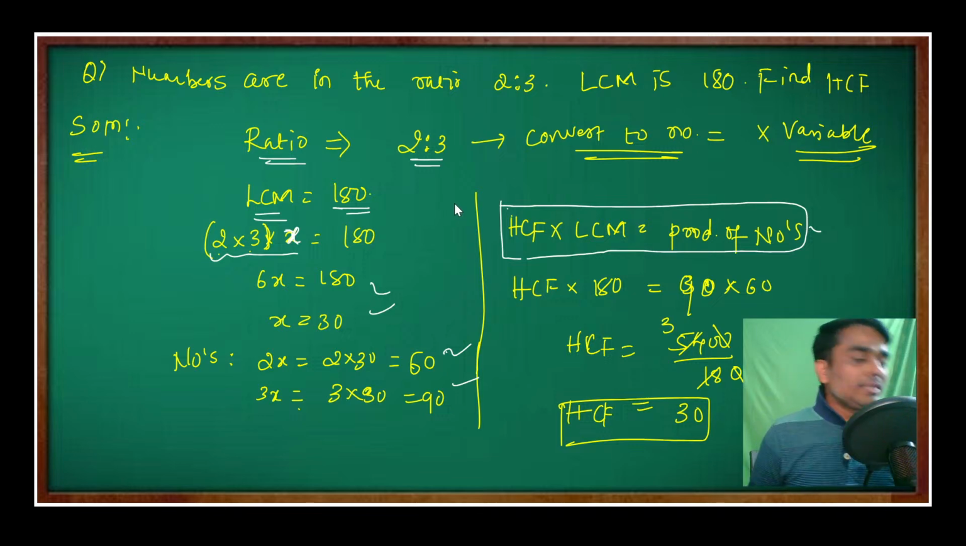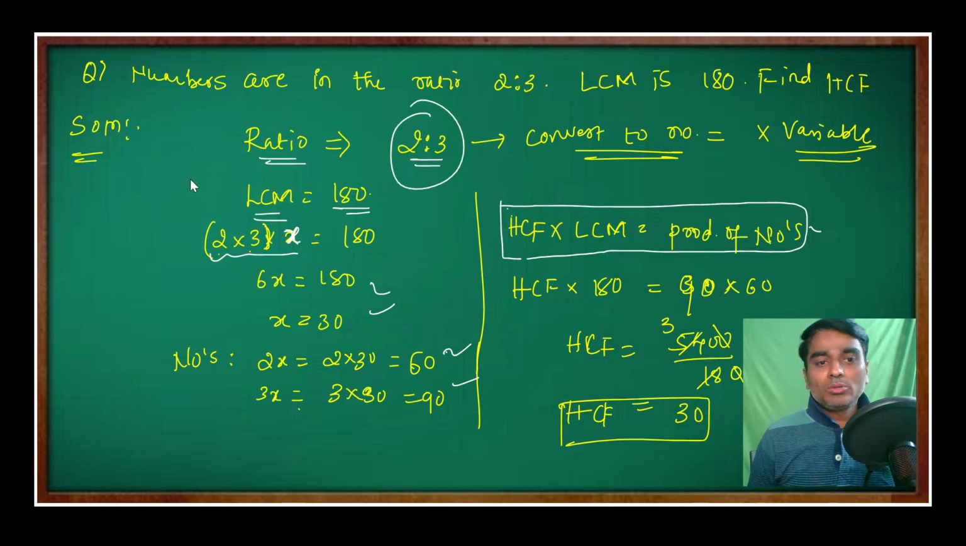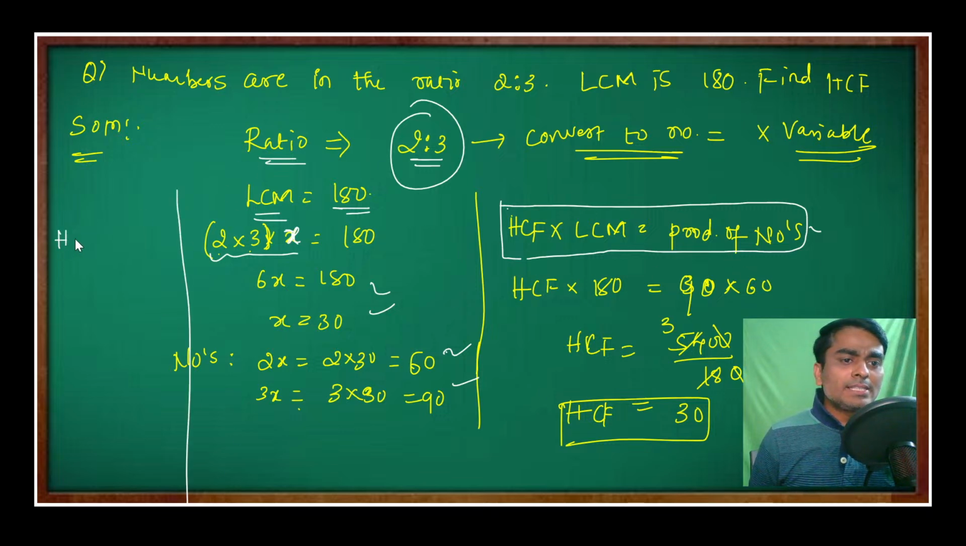Say, for example, this question is given for 1 mark. Just for 1 mark this question is given. Actually they won't give it for 1 mark because the ratio and all is given. Even though, if it is given for 1 mark, then how will you do it? Very simple, don't write all this. Directly go to HCF, LCM, product of numbers, write this first. Then HCF you need to find out, LCM you know, product of numbers means what? 2 into 3 into x,